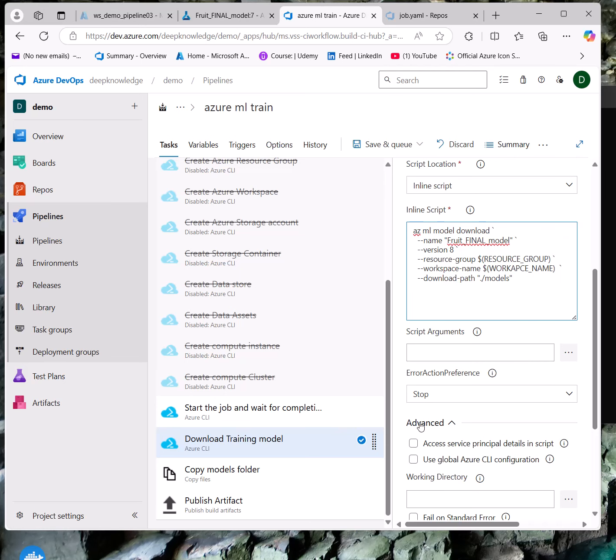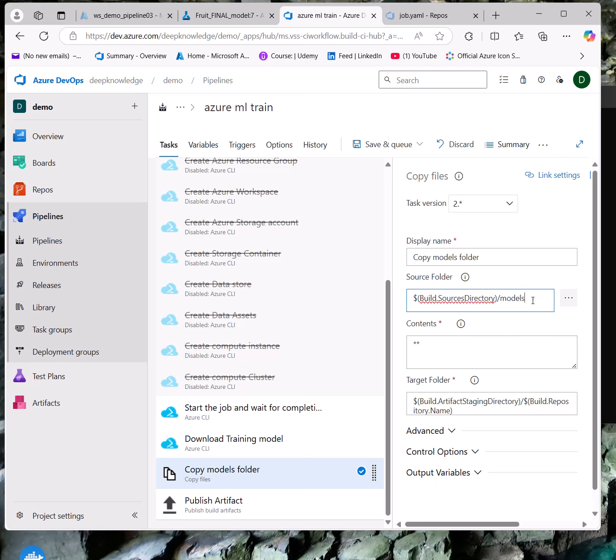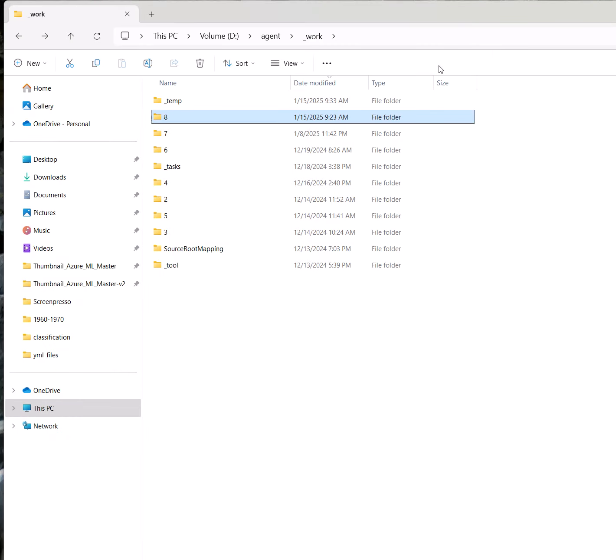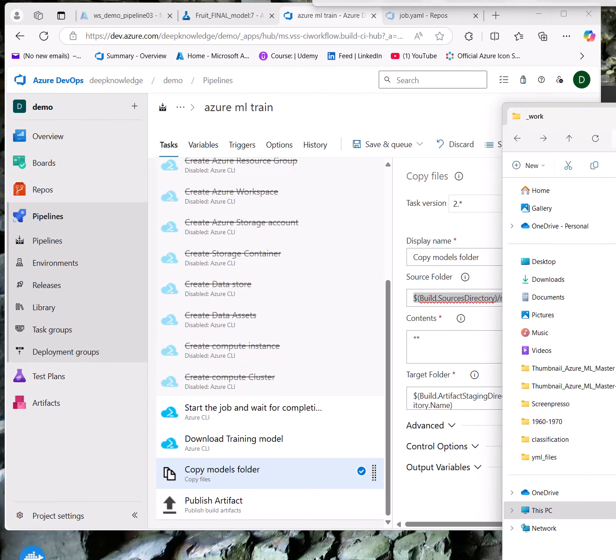And the next step here, copy models folder, is copying the model from the resource directory from here and putting it somewhere. Let me show you this.